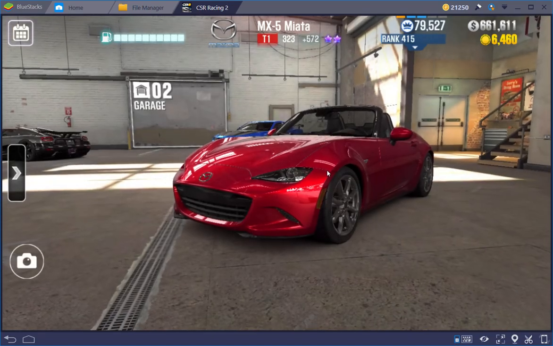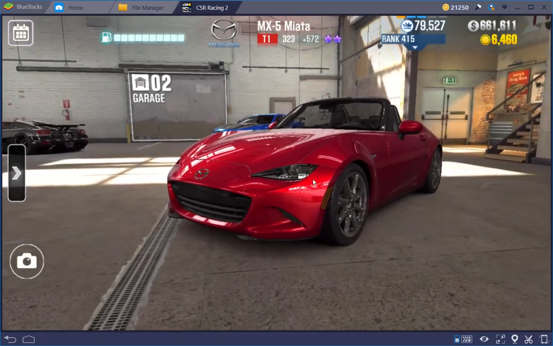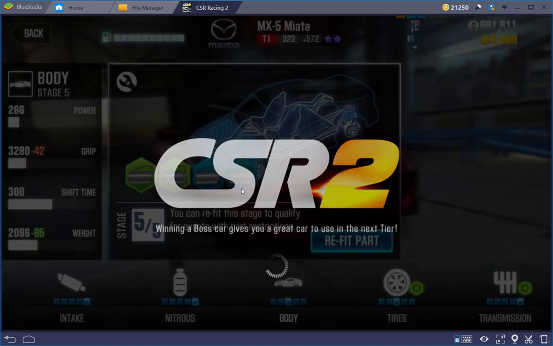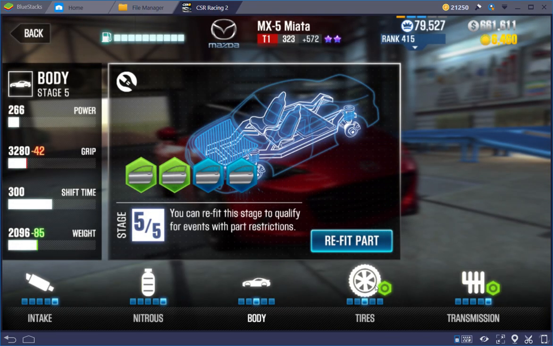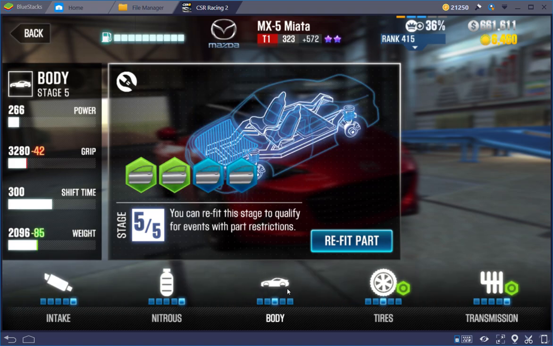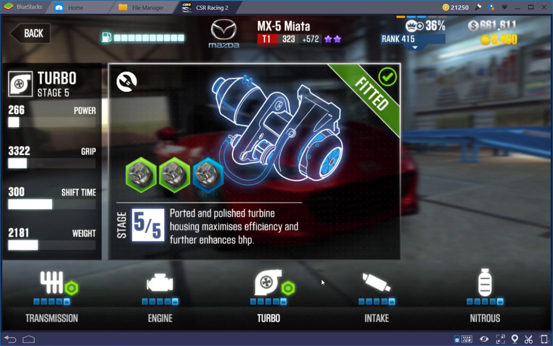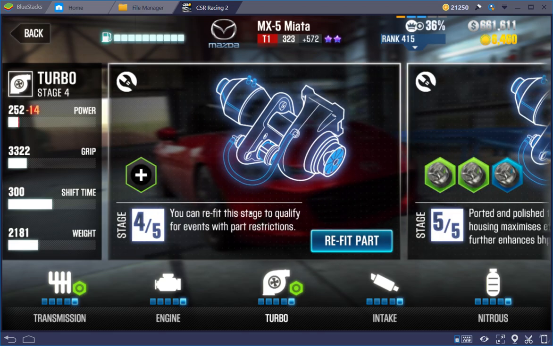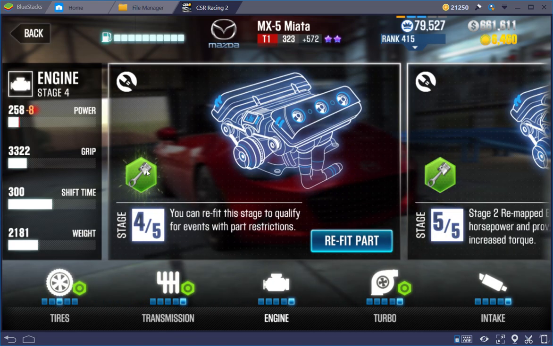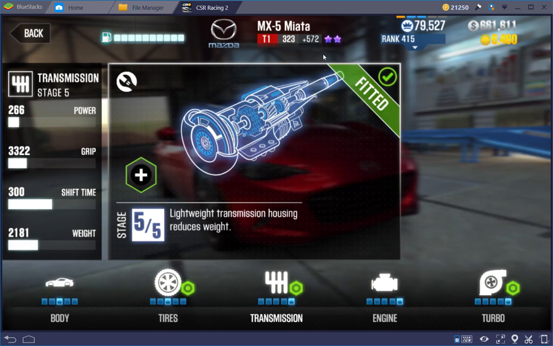It is now the 325 bracket for the Mazda Miata Tier 1. So for the setup, I'm going to make it real quick and simple for you. I prefer the stage 3 tire, stage 3 body, stage 5 everything else. It brings in the most amount of power that the car can possibly get depending on fusion. And if you had enough fusions here, you should be able to get through to at least a 570 plus